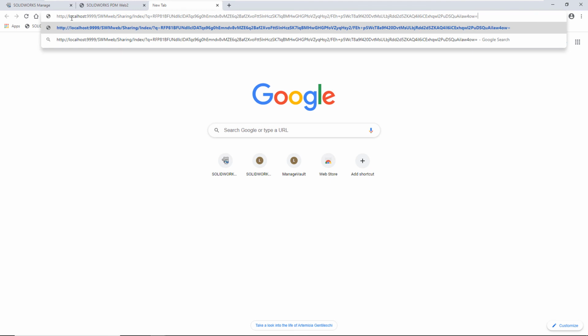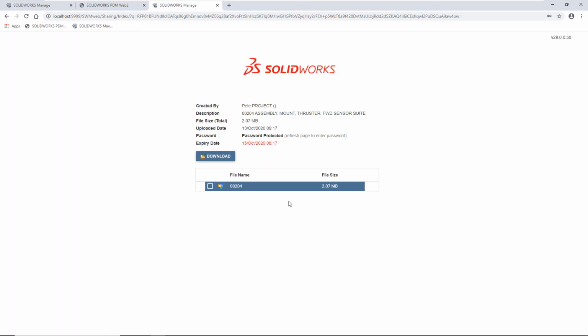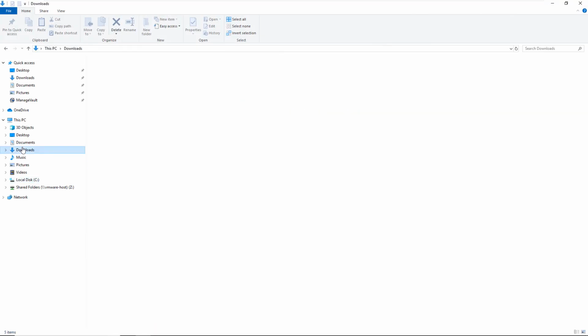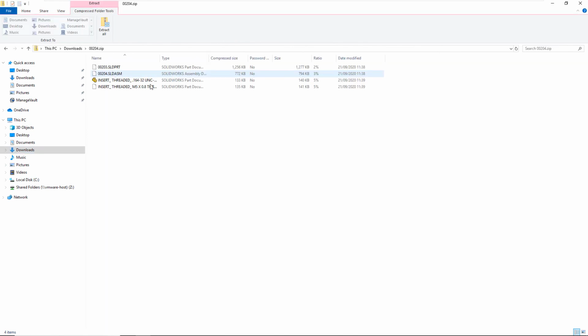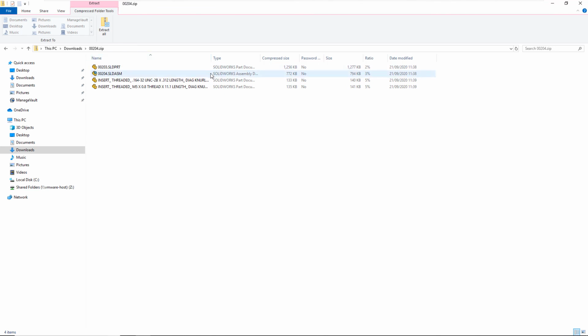You can see that I have to enter the password to gain access to the download link. And also I will not be able to download the file after the expiry date that has been set. Now I can activate the download to get access to the zip file contained in the SOLIDWORKS assembly and its associated files. I think this is a fantastic new enhancement in 2021 and provides a very straightforward way to share information in a secure way with your customers and suppliers.